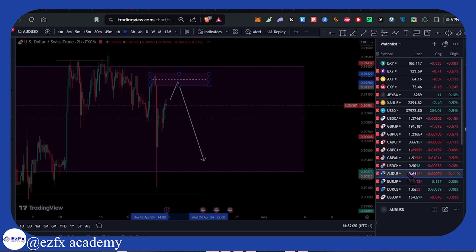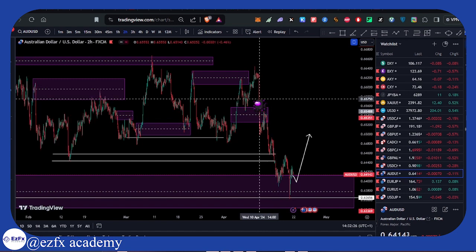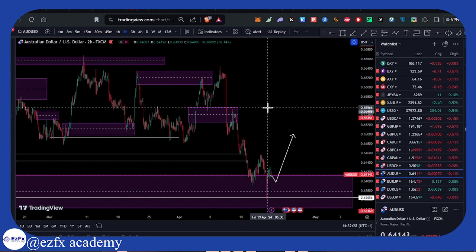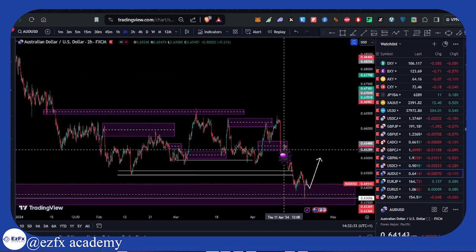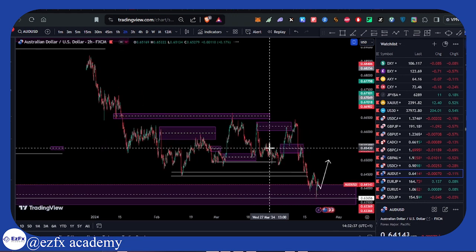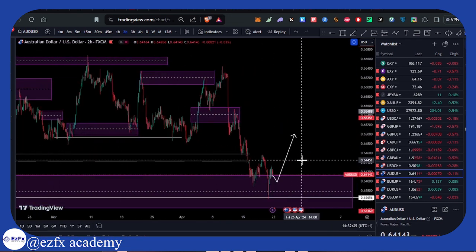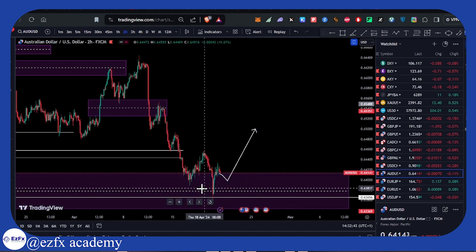Next up, let's look at AUD USD. Give me a minute. My internet wanted to play on me at that point in time, don't mind it. So AUD USD. I think we've been expecting a buy to happen on AUD USD for a couple of weeks now. We've had this zone marked out on AUD USD, and we've gotten to see that currently price got